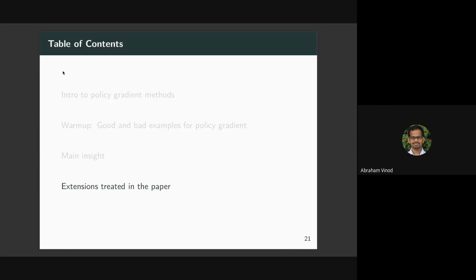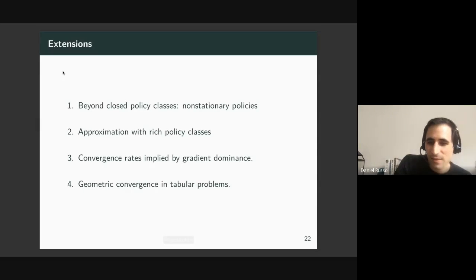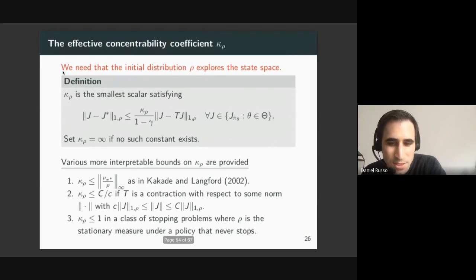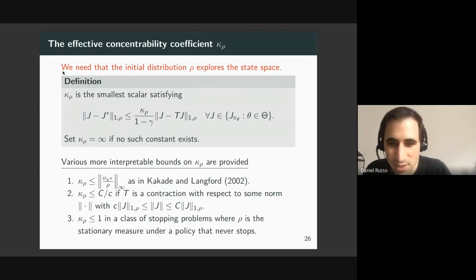Yeah, hi. Thank you for the nice talk. I was actually curious, when you scalarize the multi-objective problem using this restart distribution, how sensitive is the performance to the choice of the restart distribution? How easy is it to design that? Great. So I think that's a really central question and a central next step. So in the extensions, there's some discussion of how results and bounds depend on the initial distribution. There's this hard to interpret constant kappa rho that we provide some bounds on.